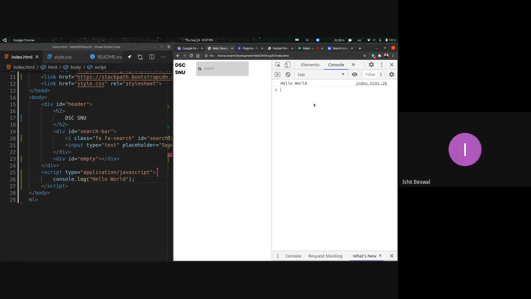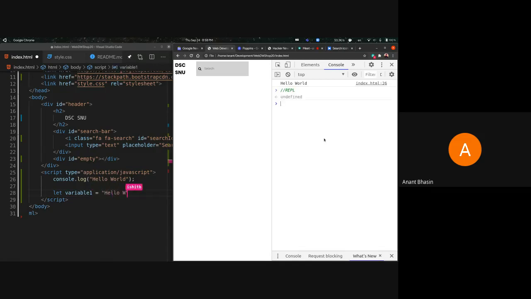Exactly. What we're showing over here is that Ishit is going to write the code over there, but we're not going to save the file again and again to run it. This console that you have in Chrome is basically what we call a REPL. Just write down REPL somewhere and look it up later, or we'll explain it in the next session. We can run JavaScript in a live session in Chrome. If you want a reminder, it's REPL.